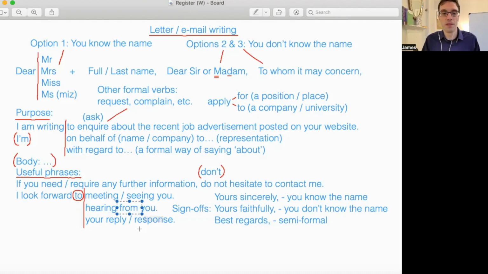You need "from" with "hearing." But if you don't want to use a verb, you can just say, "I look forward to your reply" or "your response." Okay? Now, at the end of an email, and this is why I mentioned all of this before,